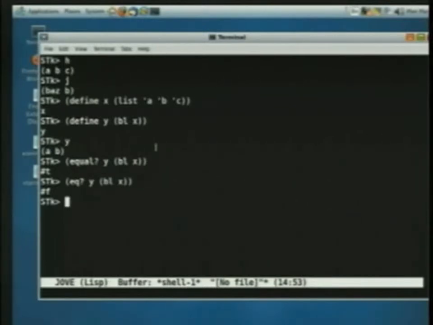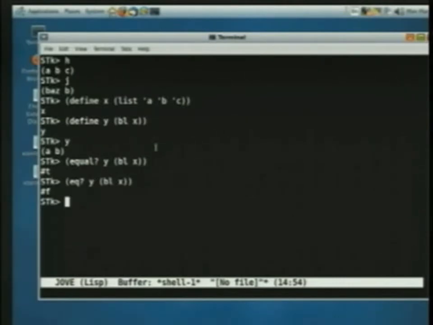Whereas EQ is constant time, right? Equal for lists is theta of the length of the list, right? Because you have to go down, cdring down, seeing whether all the elements are the same. EQ for two lists takes constant time because you just have to look at the first pair of each one and say, are they in the same place? So you're looking at pointers to things, those of you who've studied pointers. If not, you'll get it next semester. And that's just a constant time operation. So EQ is really, really fast. Equal is reasonably straightforward, but theta n, and EQV is supposed to be somewhere in between.